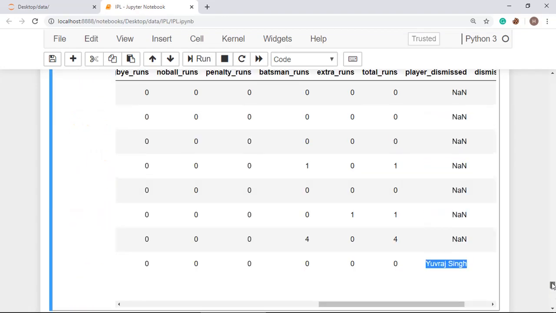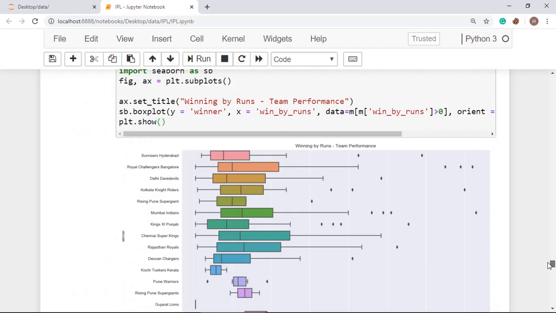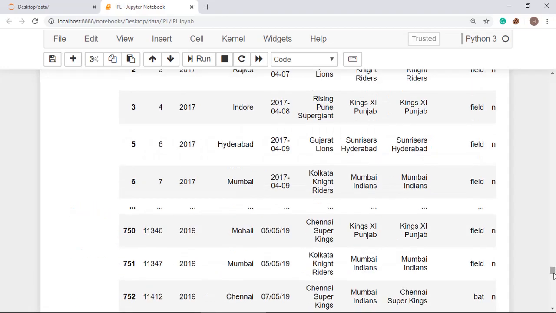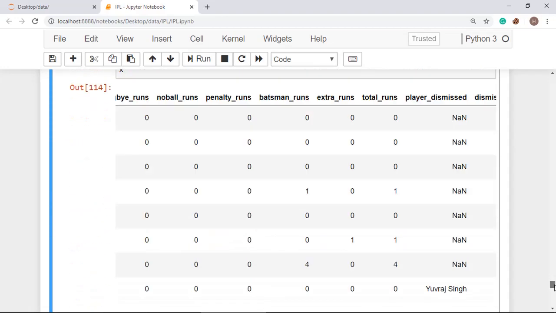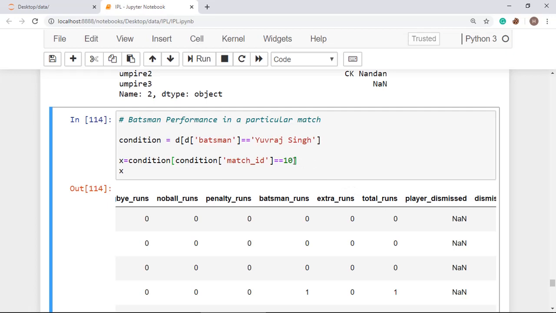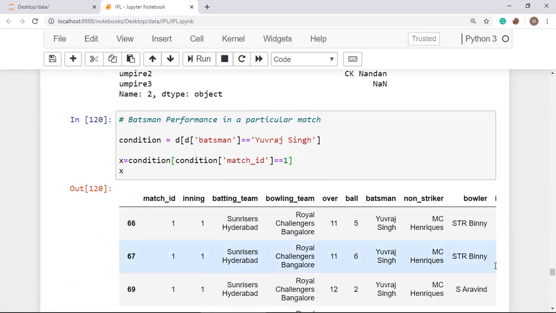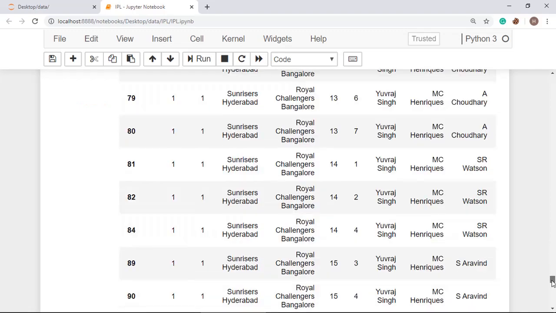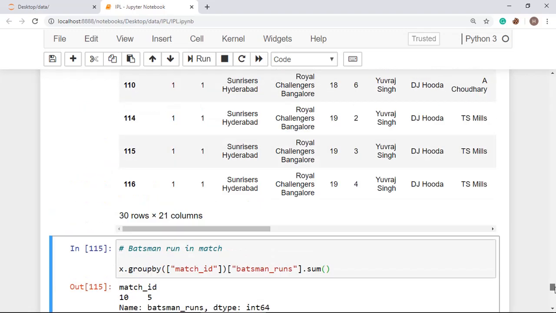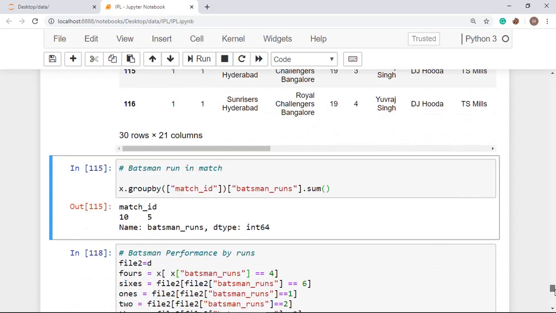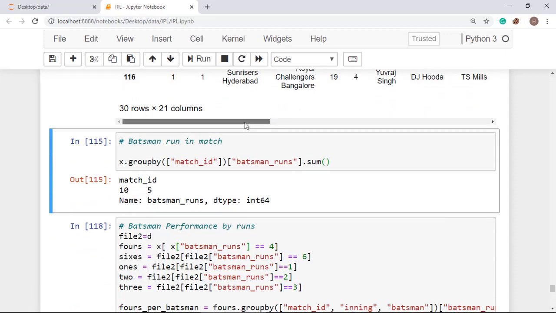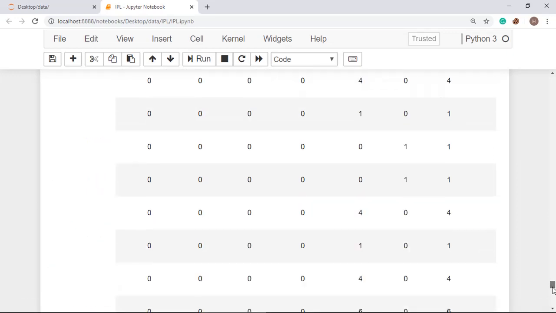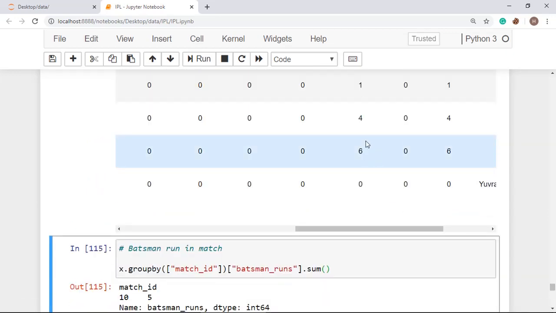All right. So whenever we change the match ID, like here in the match ID section, if we pass 1 here, these are all the details of that match, and you can count it manually, and then we will apply that formula or syntax. So first count it manually. There are 30 rows, meaning 30 balls played by Yuvraj Singh, and you can see 1 six, 1 four